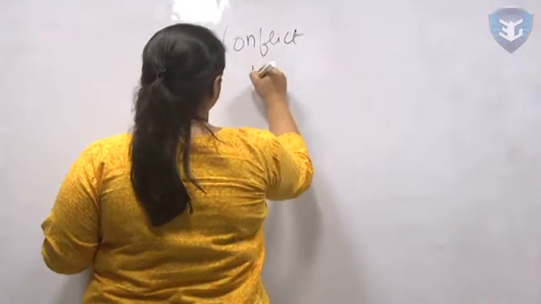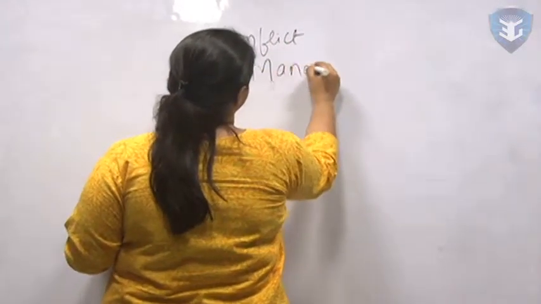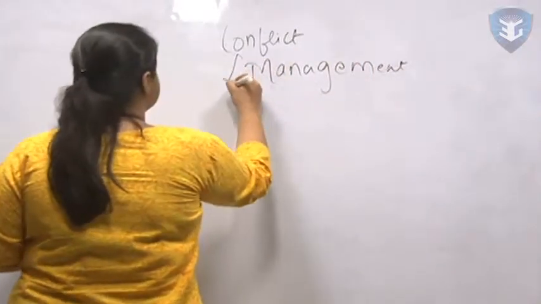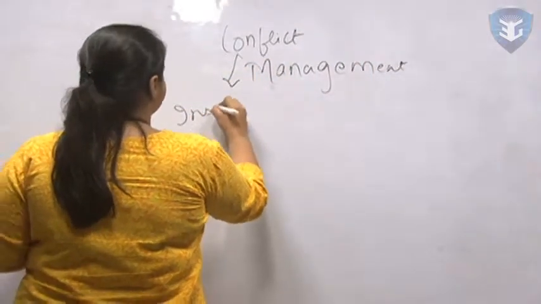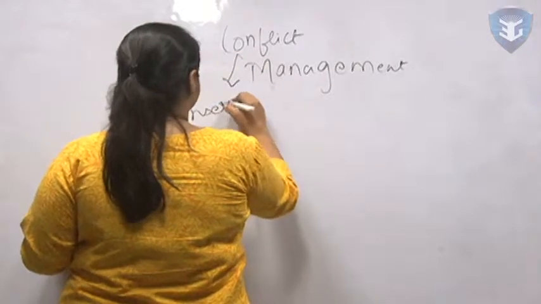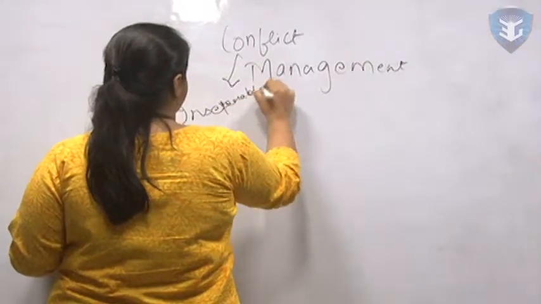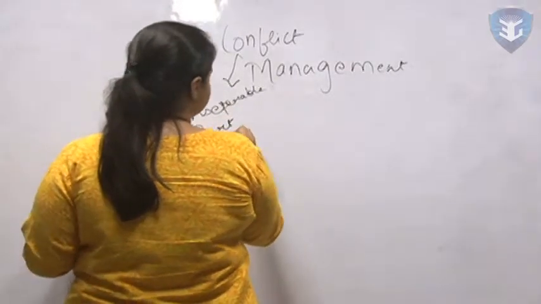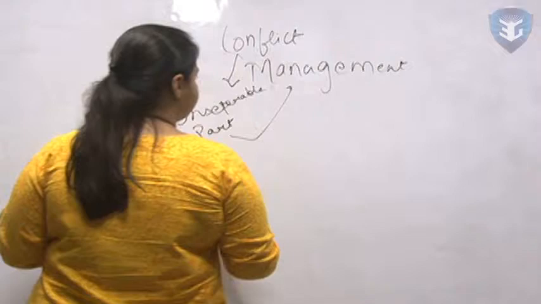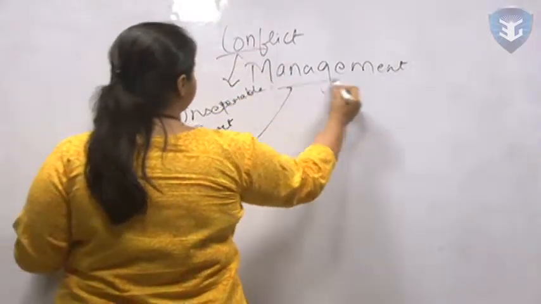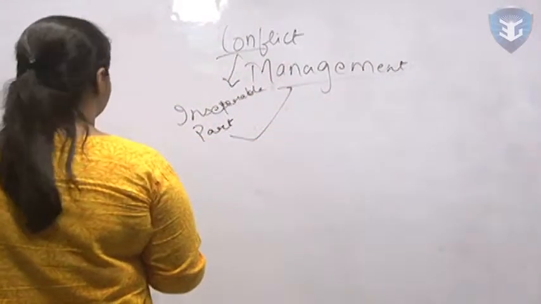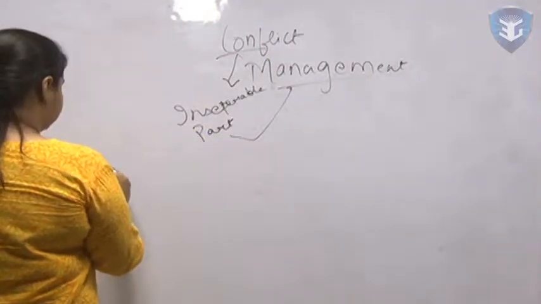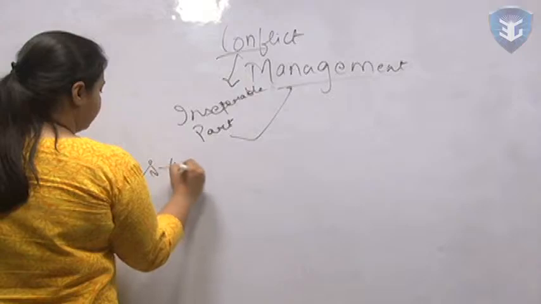Conflict management. A conflict is an inseparable part of any business operation. That's why most of the organizations are focusing towards identifying effective strategies that can help them in managing the conflict occurring in their organization. So basically it is a state of